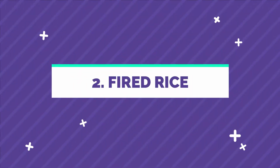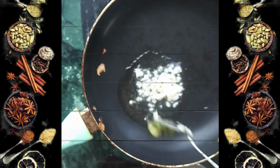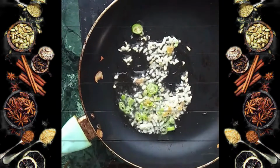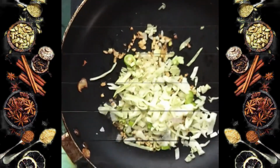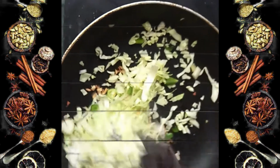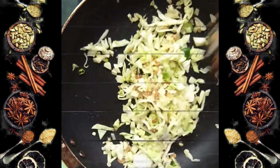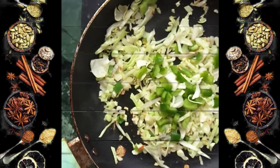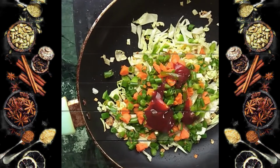Now second one is fried rice. Take oil in pan, add ginger, garlic and chili. Then add some cabbage. And give a quick mix to it. Add some capsicum, carrot and beans. Now add ketchup,